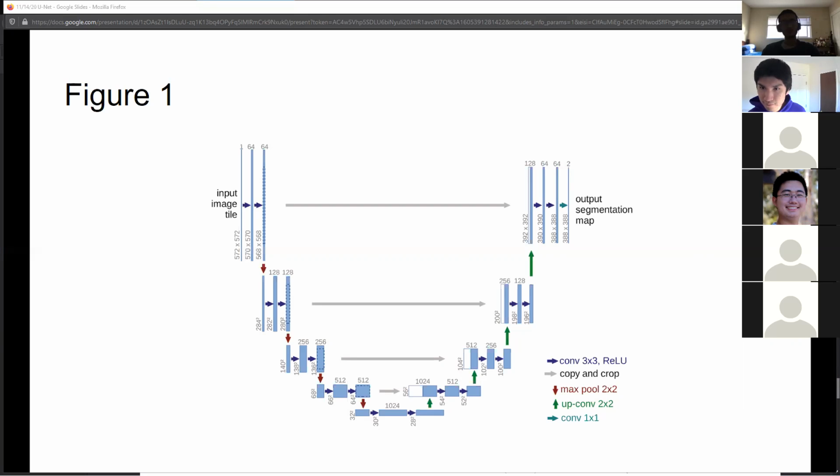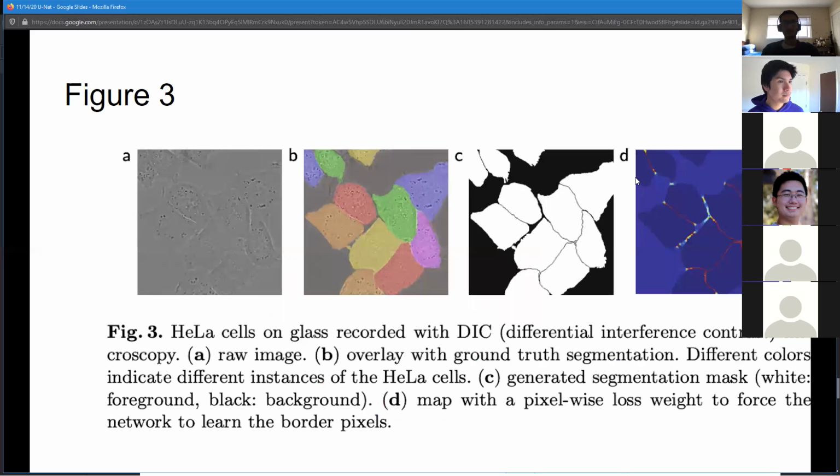Yeah, I think the inputs and outputs in this case, the input would be an image, like the biomedical image, and then it does all of this network stuff, and then the output would just be the segmentation. So it would be like a matrix or some sort of array of different pixel weights within which you can see the borders, kind of like the figure 3C image. Yeah, that one. I think that was my interpretation.